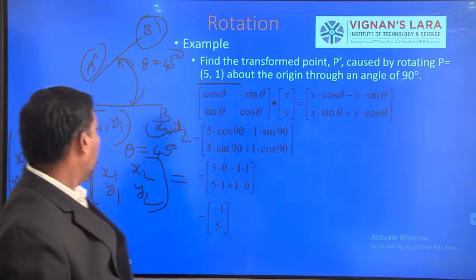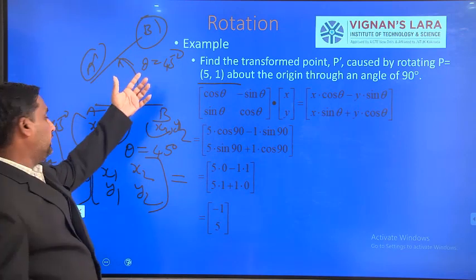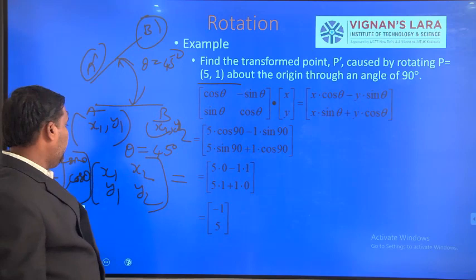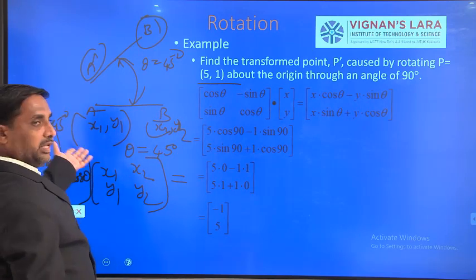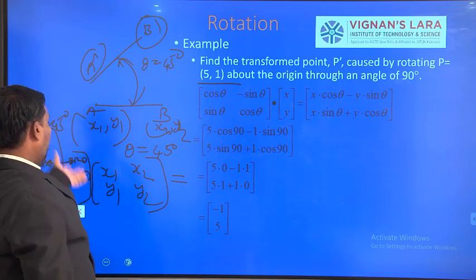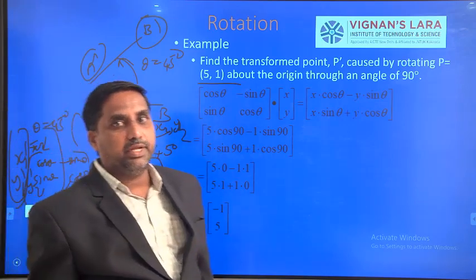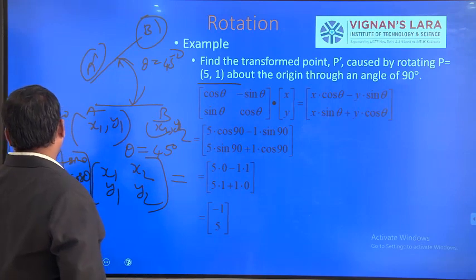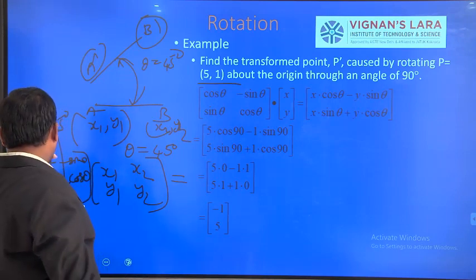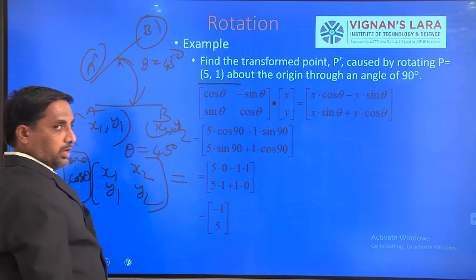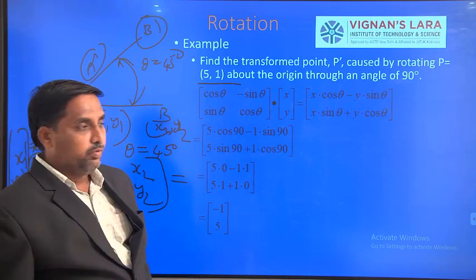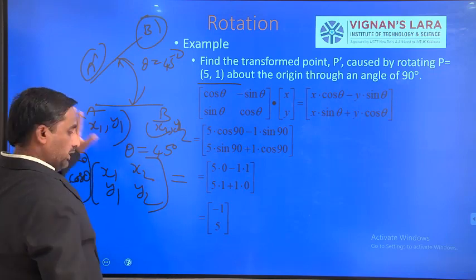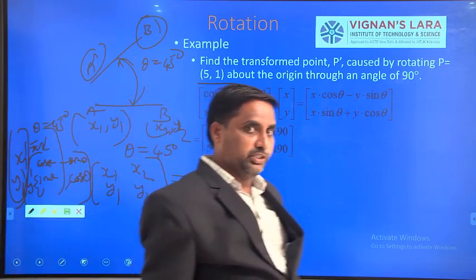That is for a straight line. For a triangle, there are 3 points A dash, B dash and C dash. So A, B, C have x1, x2, x3, y1, y2, y3. Before that, the same matrix, cos theta, minus sin theta, sin theta, cos theta. Finally you will get x dash, y dash for each point. Theta will be given in the question. Like that we have to do. We get x1 dash, x2 dash, x3 dash, y1 dash, y2 dash and y3 dash. That gives you the final ABC positions.